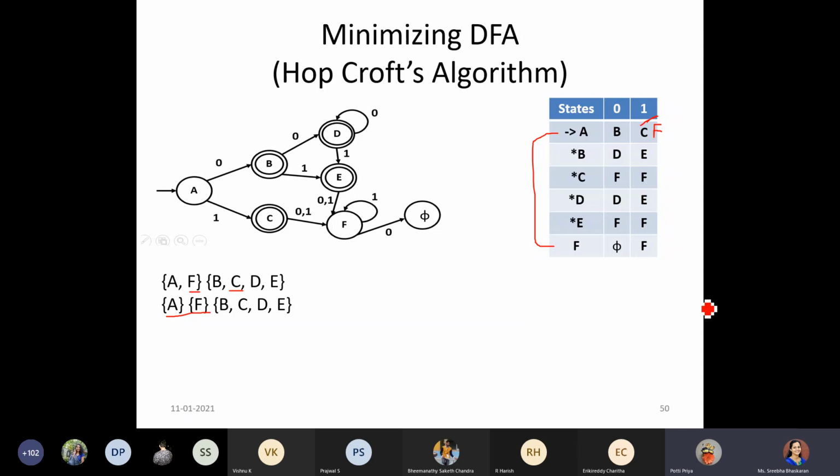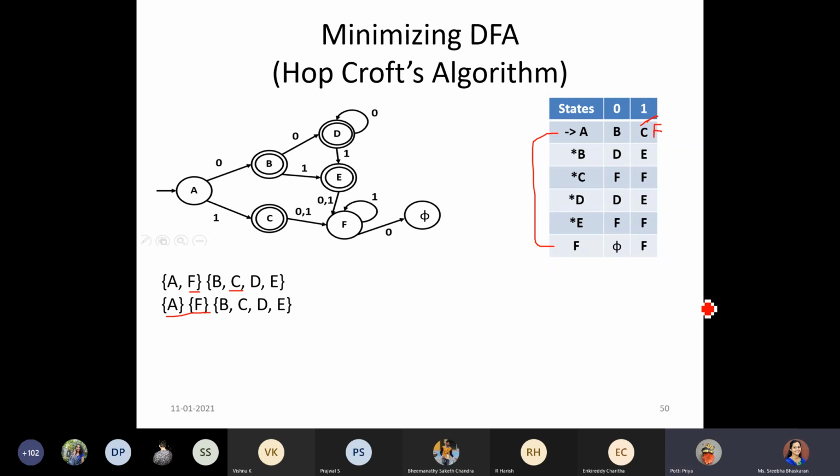Ma'am, with respect to zero, A and F differ. A has 3 and F has 5, and even though with respect to one they are matching, can we put A and F together in a group? Can we neglect the 5, ma'am? We can neglect it, because at least in one transition we can take a decision.